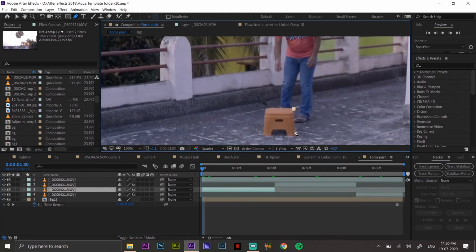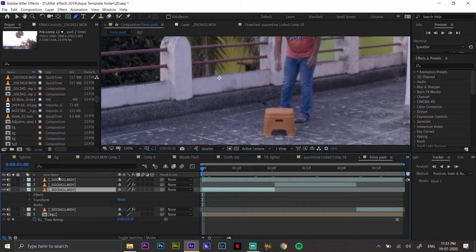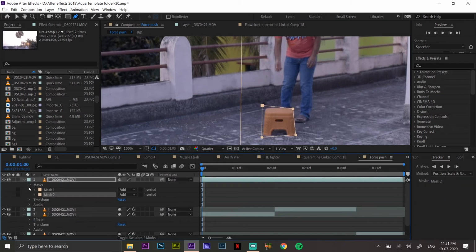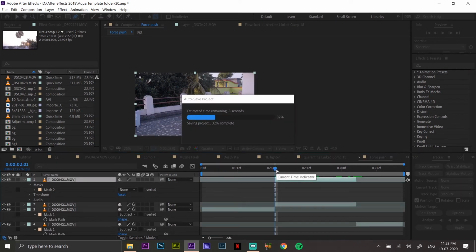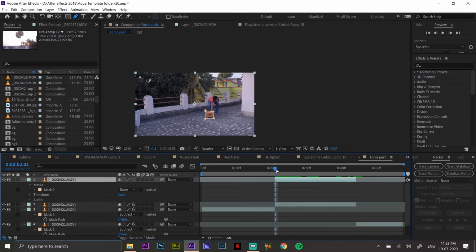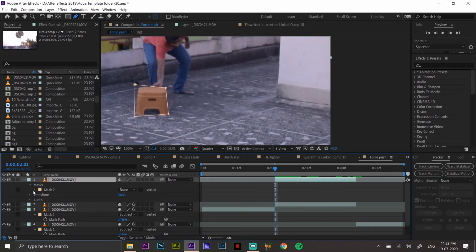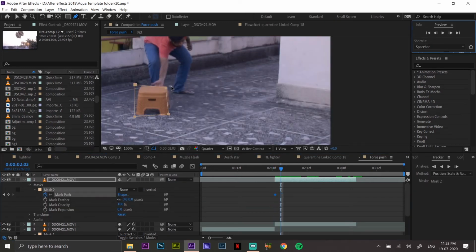You can mask the stool by adding, or you can mask me, or in your case yourself or someone else, and subtract it. I'll add keyframes and keyframe it, and after masking it will look something like this.